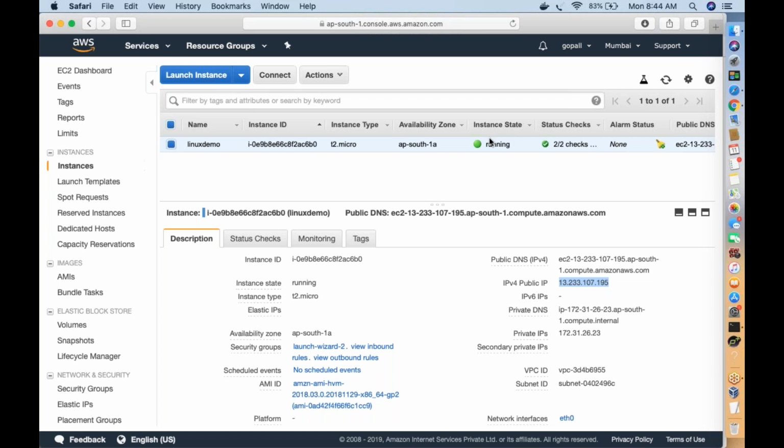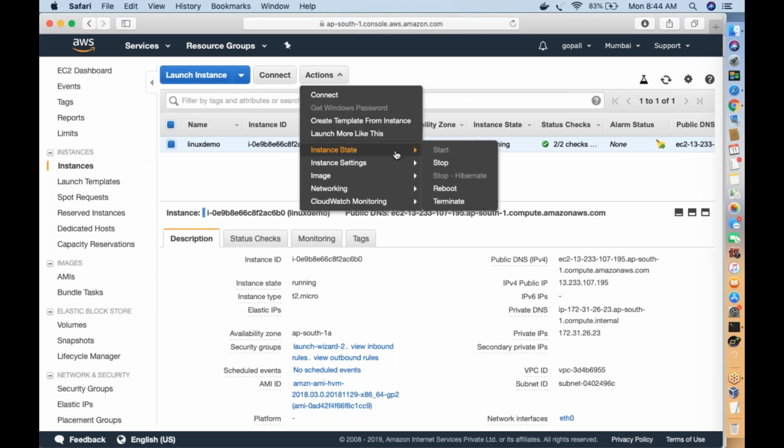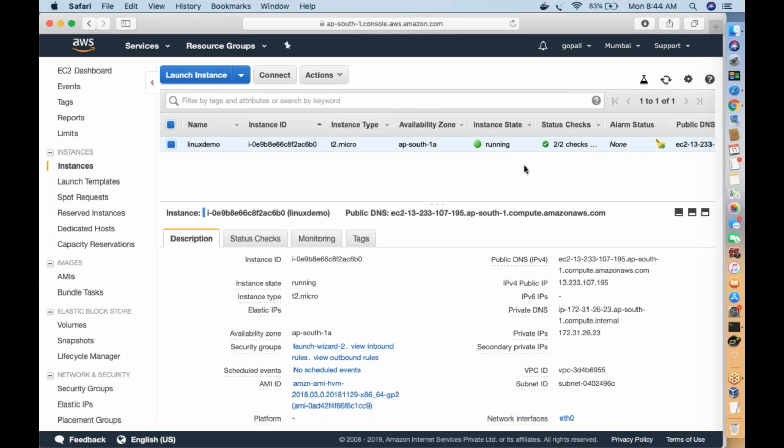Now the next most important thing: once you are done with your job on the server, make sure you shut down your server, stop it. Why? Because every month you get 750 free hours. For example, you created two T2 micro servers, and both are running.